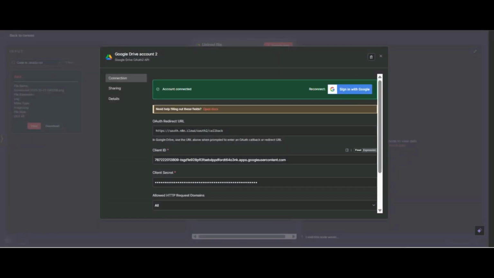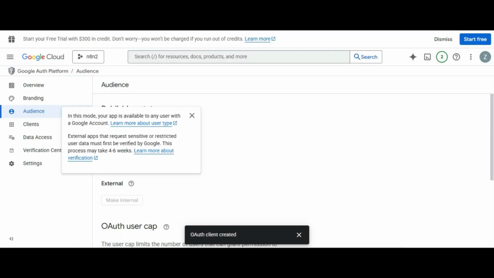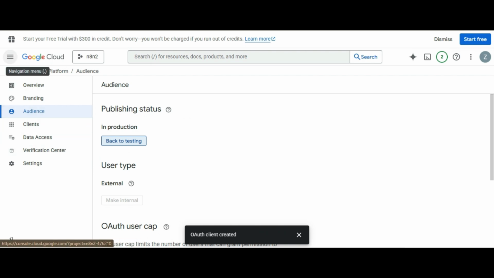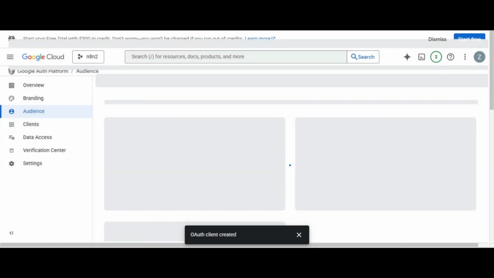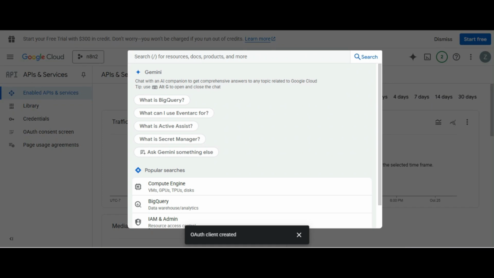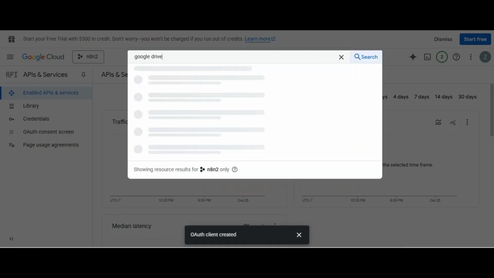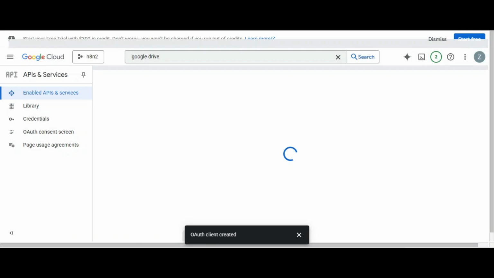So there is an option. We have connected our account, but we have not enabled our API. So go to enabled APIs and services and search Google Drive API. So now you can see Google Drive API.